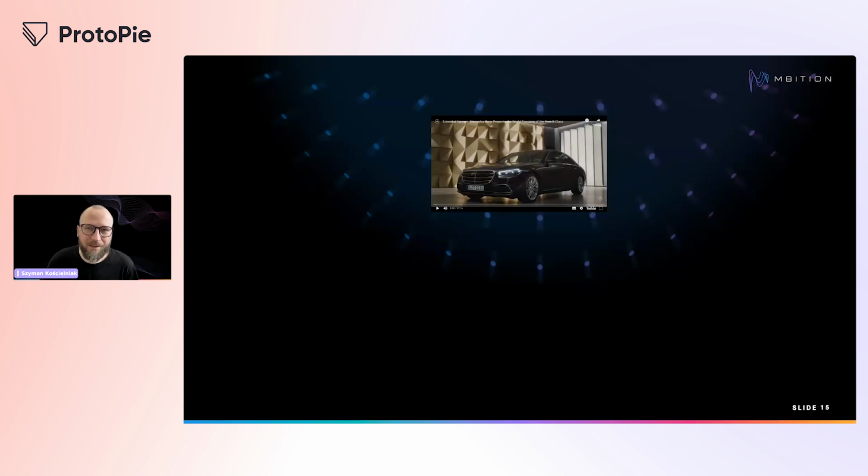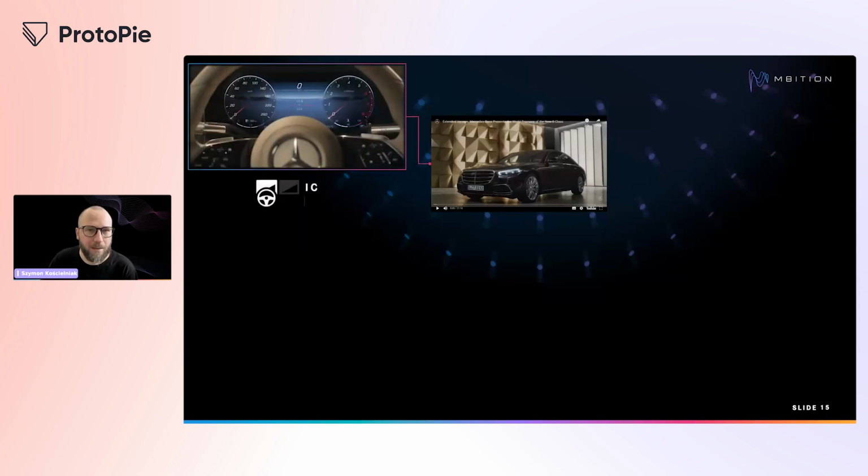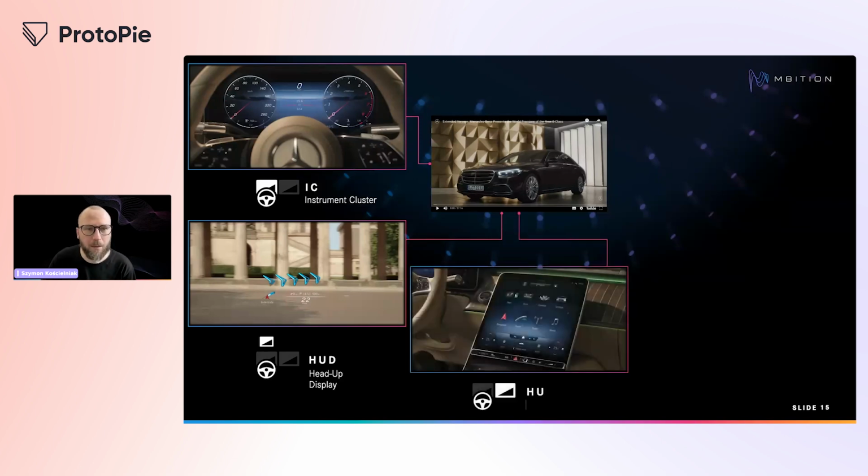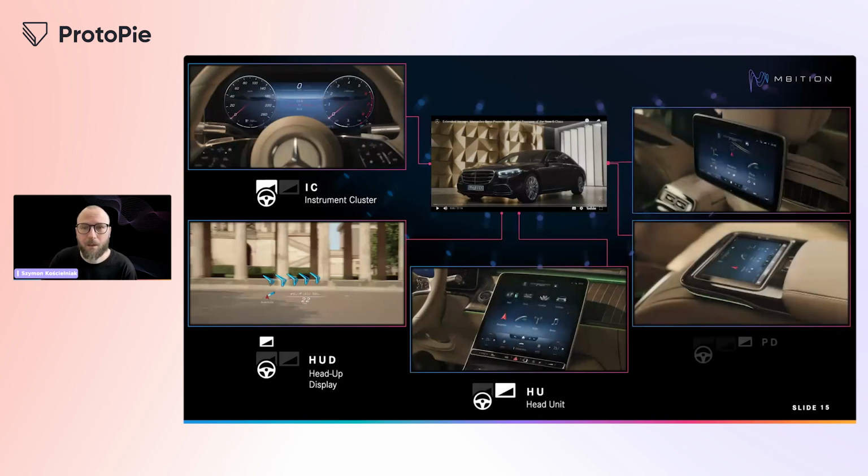I will list elements a good eye could have caught in this short video. So what do we have there? It is the instrument cluster. It's crucial for a driver. Then we have the head-up display, something back then seen only in movies, now becoming more and more common. Yet another great way to support the driver on his journey. We have the head unit, which is the heart of the infotainment system. And finally, passenger display or displays, depending on the car model.